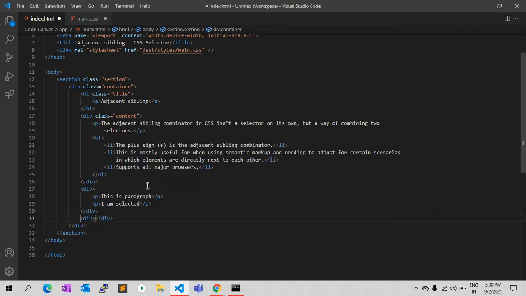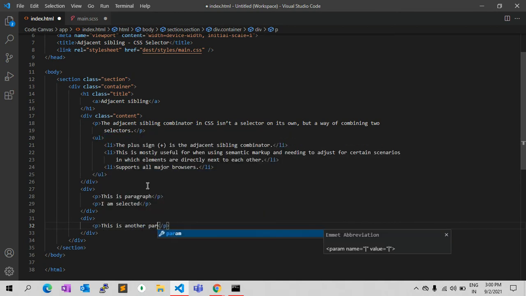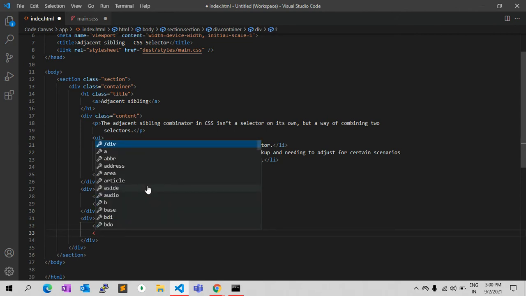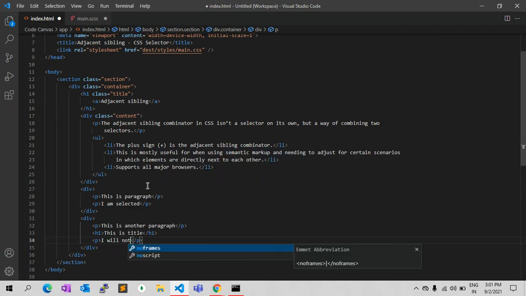There is another div. In that div, again, this is another paragraph. Adding one h1 tag, this is the title, and here it's a paragraph. Another paragraph. I will not select it.